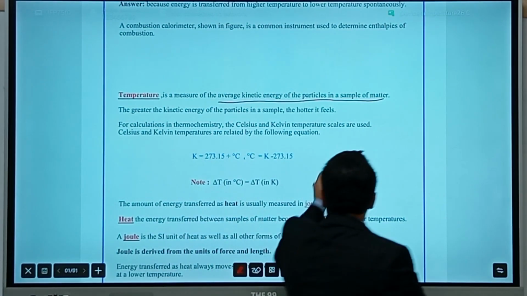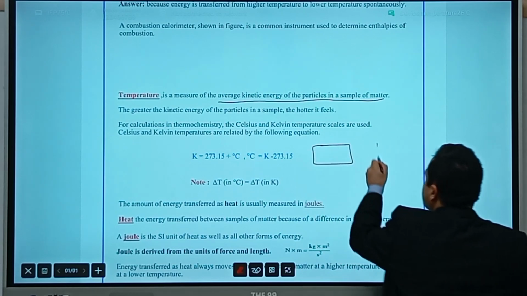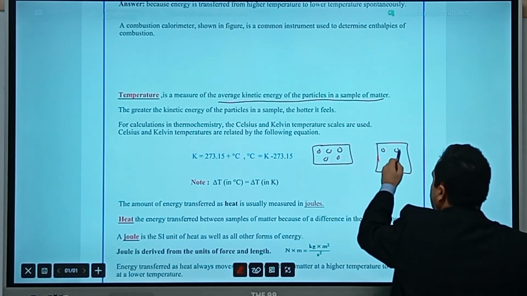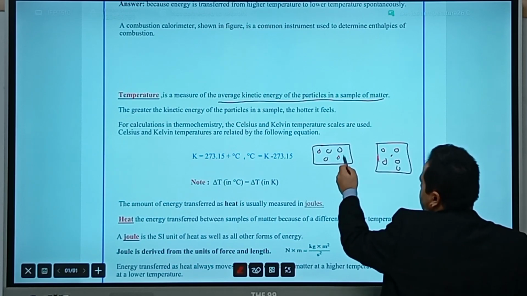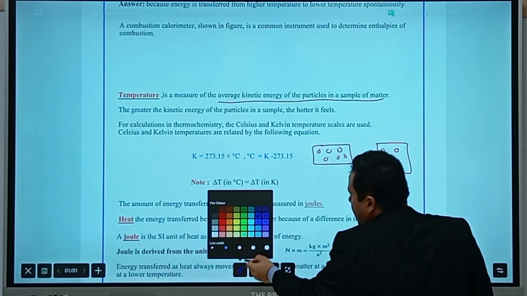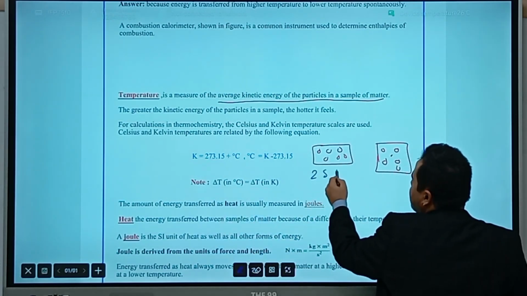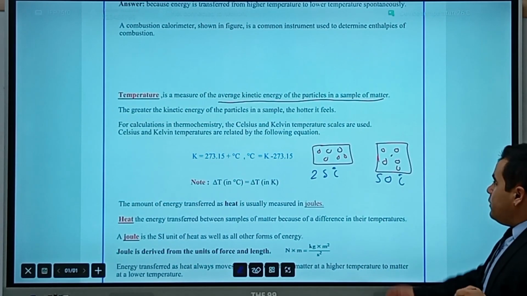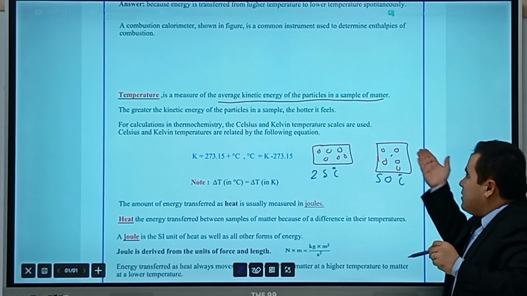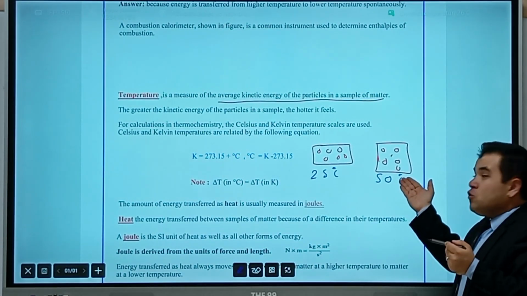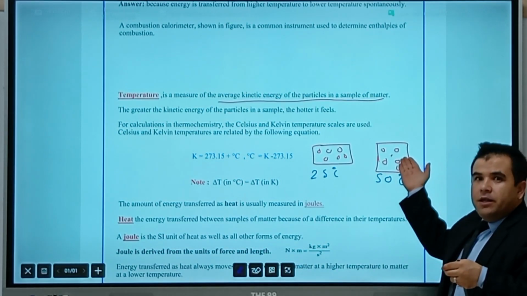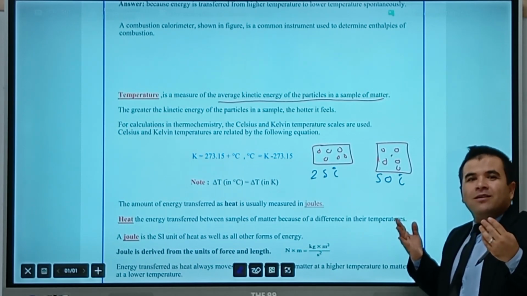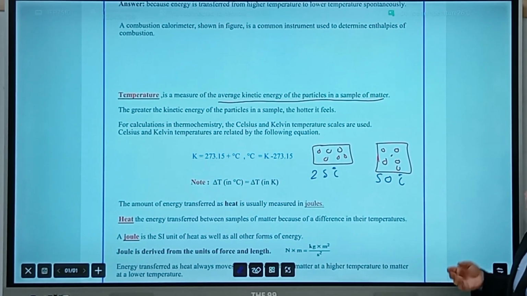For example, if we have two samples, two systems with the same amount, but one of them is at 25 Celsius and the other is at 50 Celsius. The 50 Celsius represents what? There is a higher kinetic energy in this system and a higher motion of particles in the system